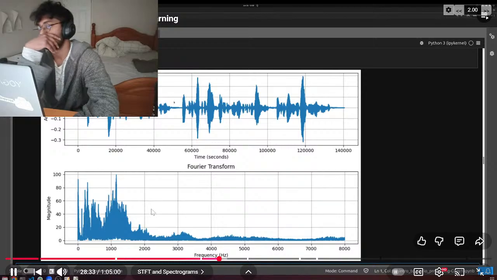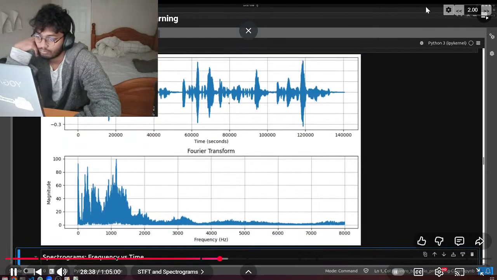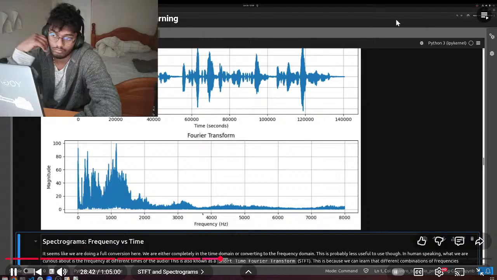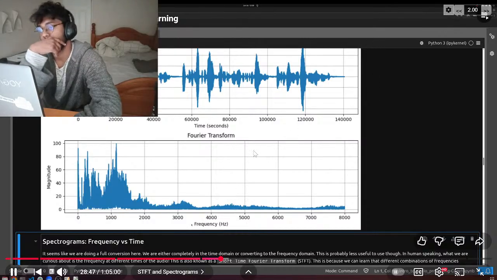And because there's this mix of low and high frequencies and things are changing over time, we lose that because in the regular Fourier transform, we go from the time domain squarely into the frequency domain. It's a full conversion to the frequency domain, and the inverse Fourier transform goes backwards. But is there